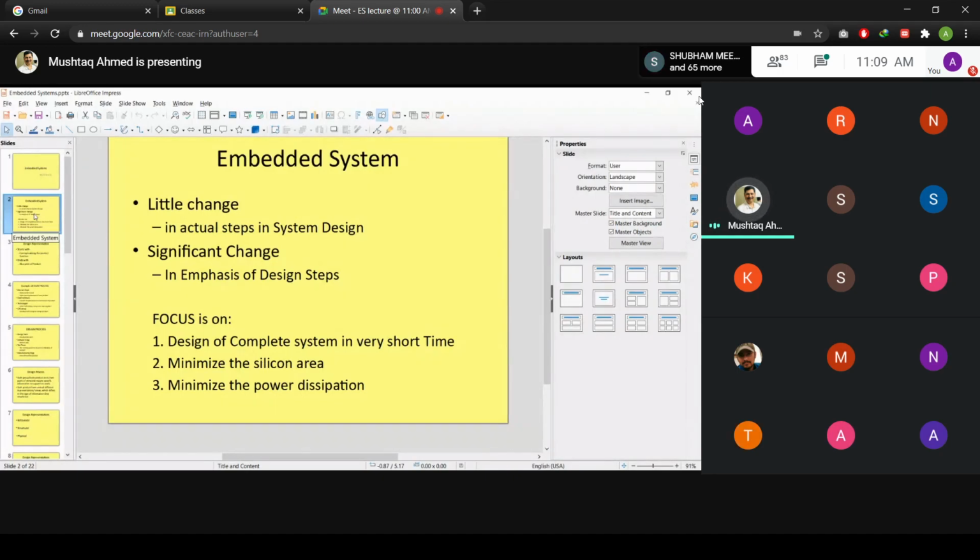As you are aware, in the previous class I said that there are three main criteria. One is that we need to minimize the power. Second, we need to maximize the speed, and we need to minimize the feature size of the device. That means the entire functioning of the system can be incorporated within a single chip. That is what is currently available in mobile systems.